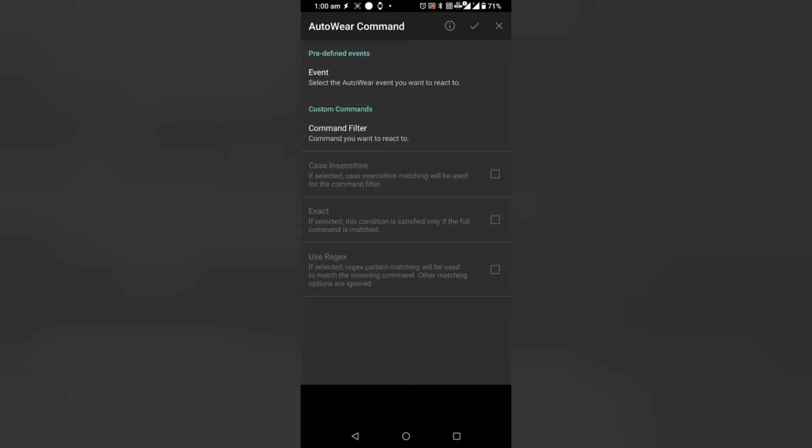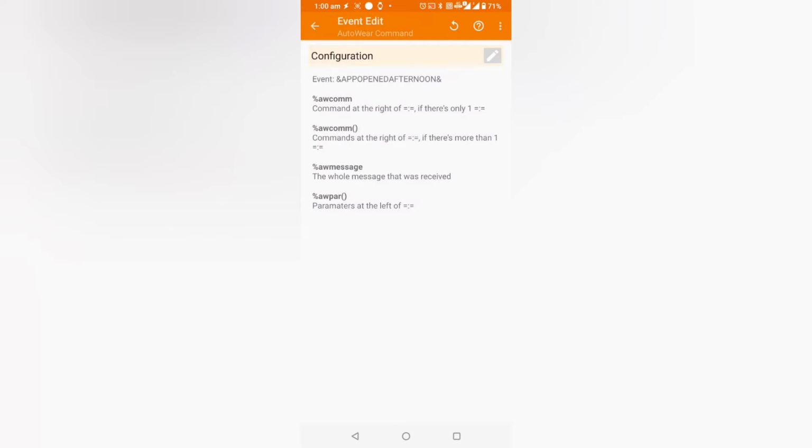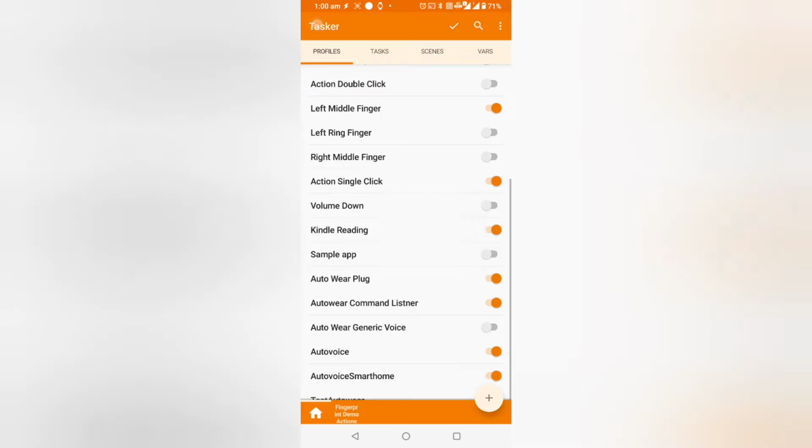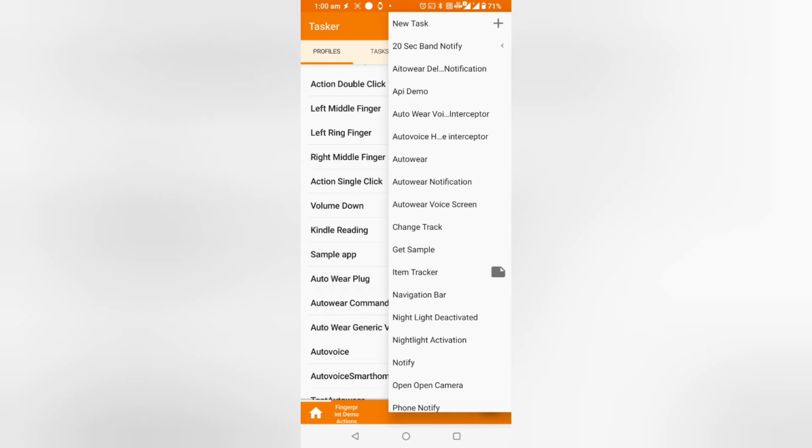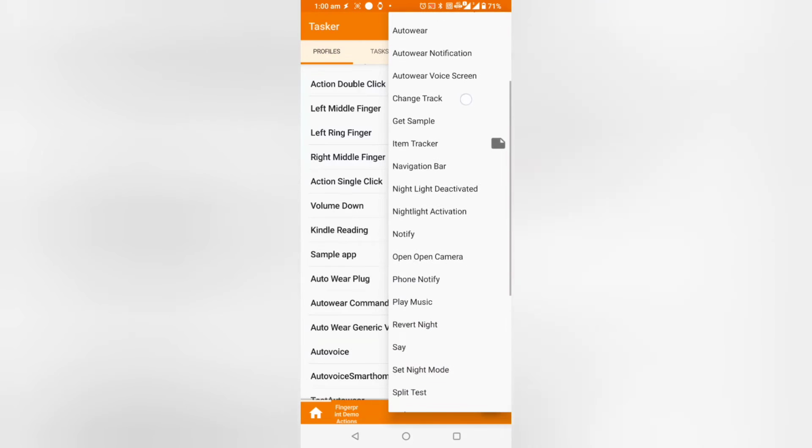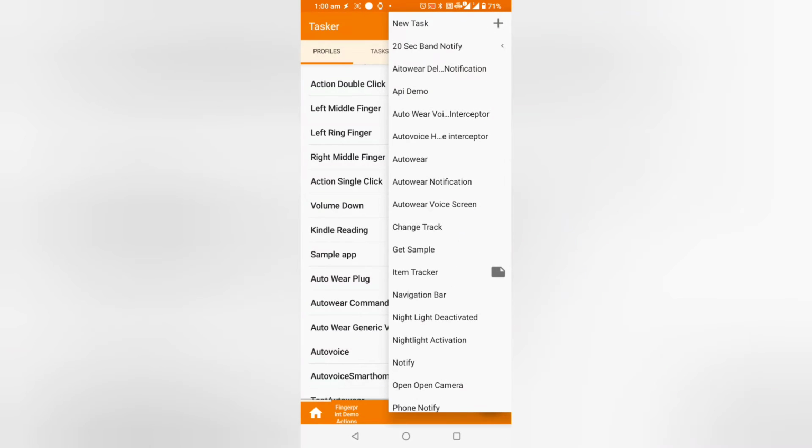Leave everything in a blank mode, or you can say in a default condition, because you won't be needing any of those. So when I click on it, it will show similar stuff, and there you can see the event which will be intercepted if the watch sends that particular string. And when you go back, it will ask you for adding a task. So let me choose the similar one.